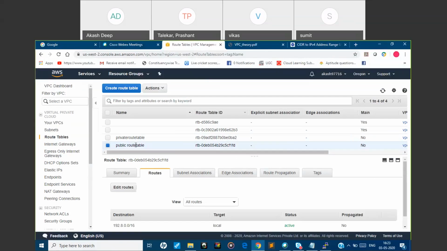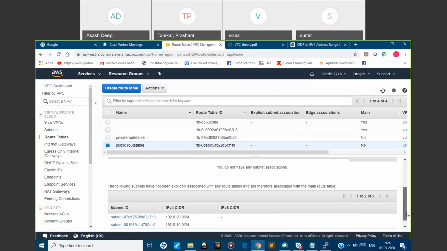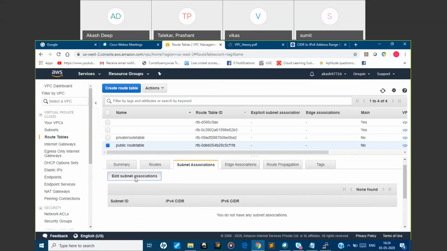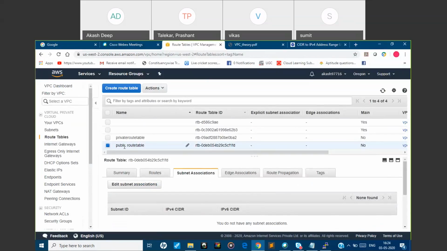Now we will be associating. As of now we had created the subnets, so now we will associate the subnet to the public and private route tables. We'll go here, click on edit subnet associations. For the public route table, we'll associate the public subnet.